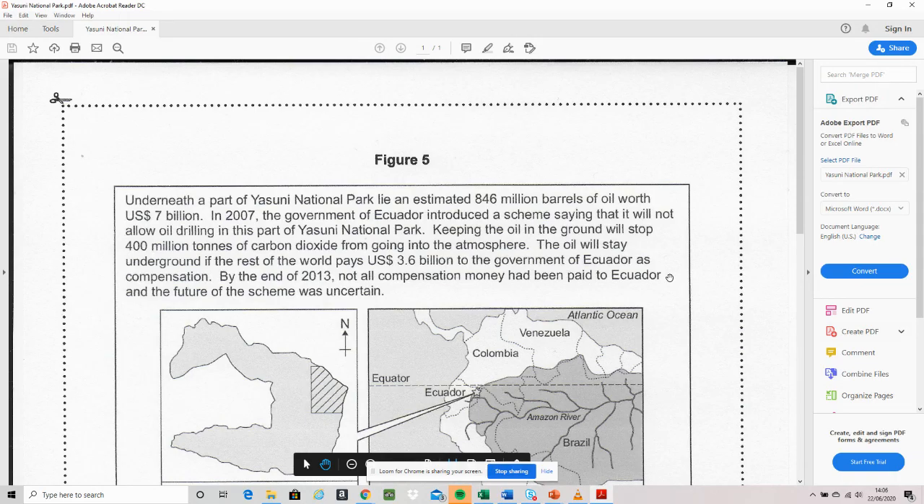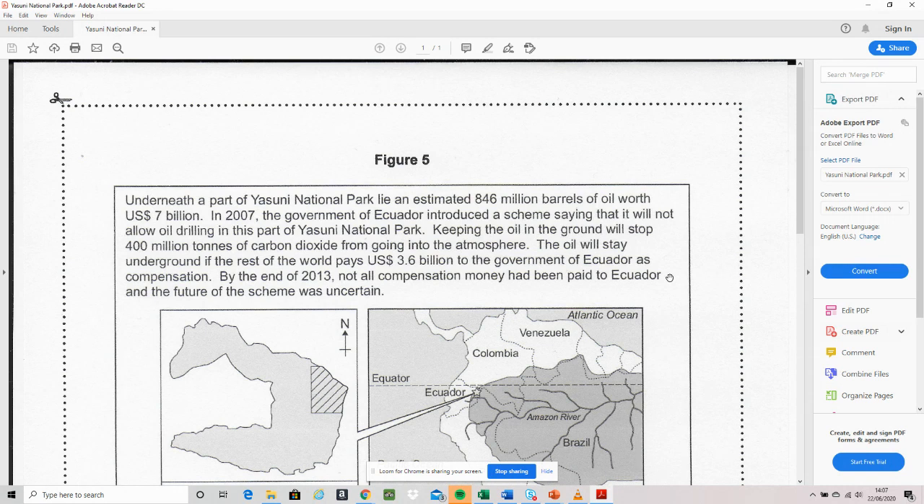The government of Ecuador introduced a scheme saying that it will not allow oil drilling in this part of the Yasuni National Park. Keeping the oil in the ground will stop 400 million tons of carbon dioxide from going into the atmosphere. But bear in mind, Ecuador is not a wealthy country. It is quite a low-income country. To keep that oil in the ground, what the Ecuadorian government have done is negotiated a deal that the rest of the world pays them 3.6 billion